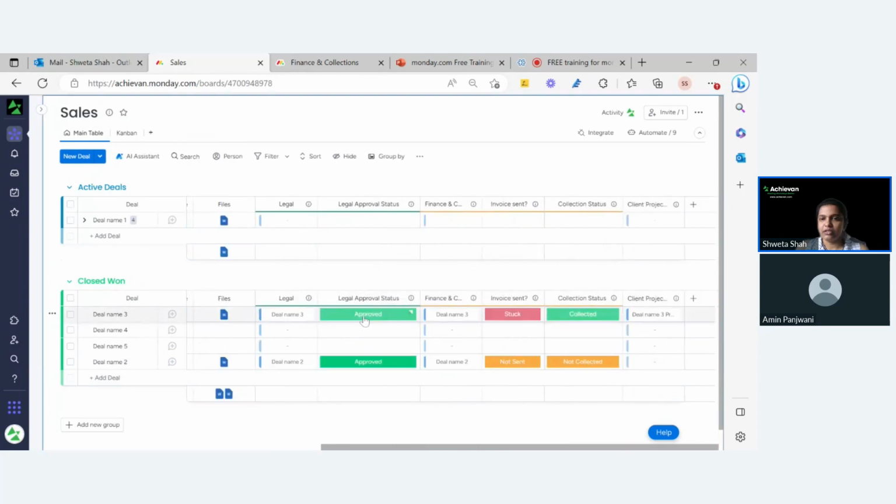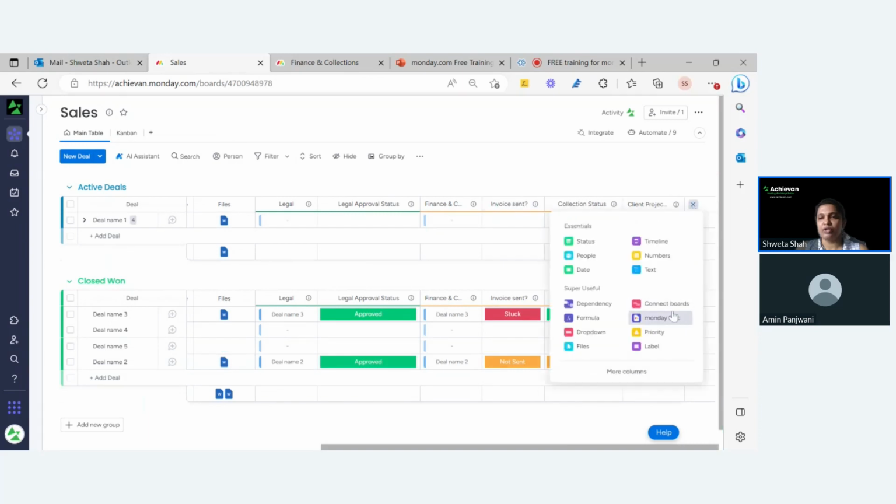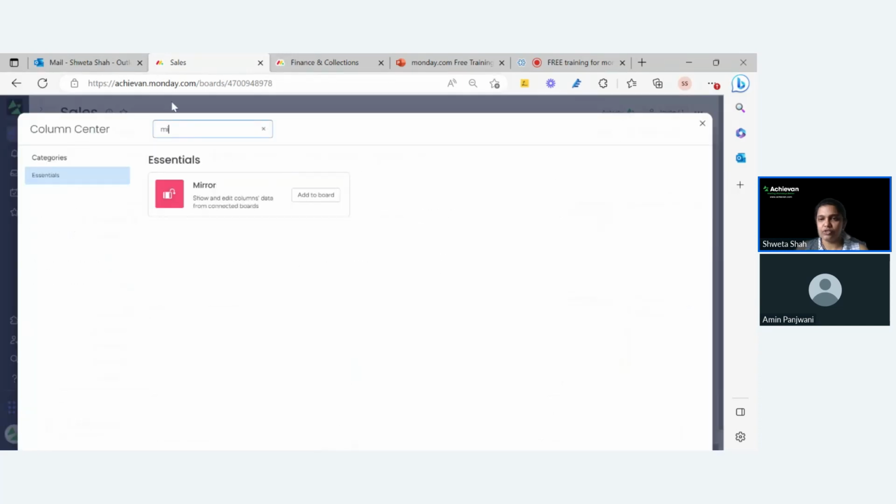Just like legal, now we have this. As soon as you build that automation, this connection will be created, and of course you'll have to create the mirror columns. You have to create it manually. All you have to do is just go here. Once the connection is created, all you have to do is bring the mirror column,